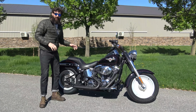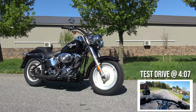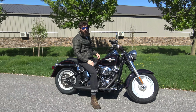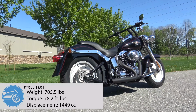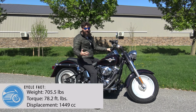The Fat Boy is a very iconic bike, and it's a very transformable bike. It can be a bike where you hop on and ride it solo all the time. You hop on the bike and you're kind of a bar hopper, which I don't recommend. But cruising the back roads, or I know a lot of people that ride these things double, them and their wife. They got a backrest on here, they got saddlebags, and this is the bike that they take all over the